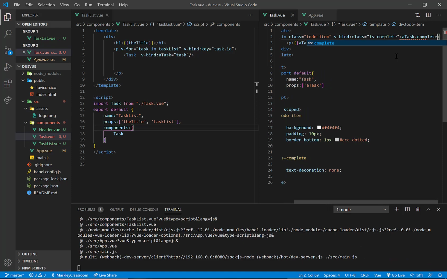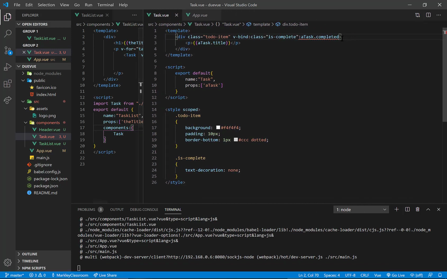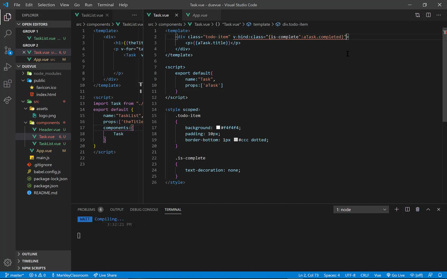Now that is a shortcut for true. So let's see, I have a parsing error somewhere along the line. Oh, VBind class, I think I need to finish this off with, let's see, VBind class equals, this should be in one of those curly brace things. Okay, so